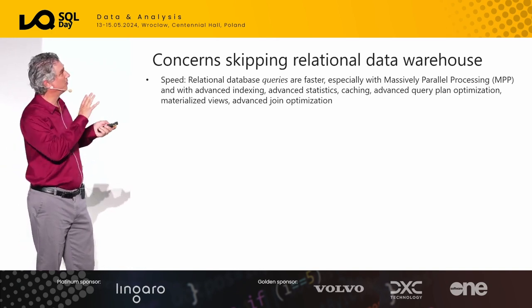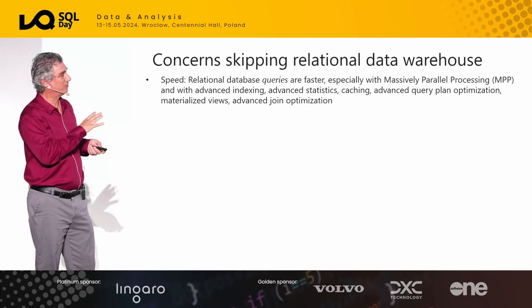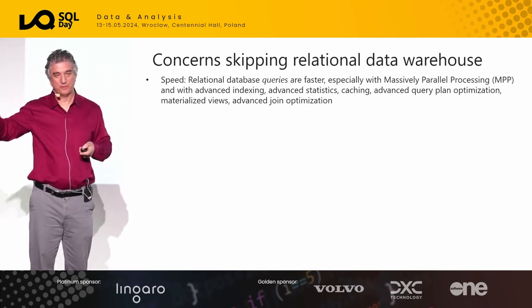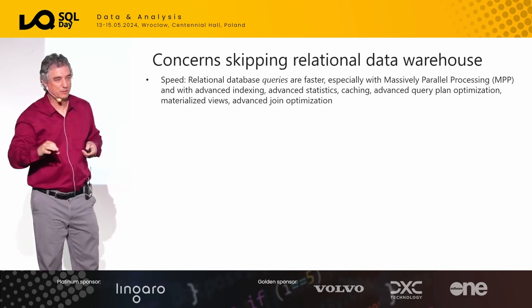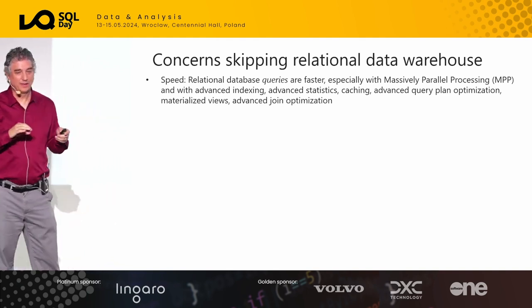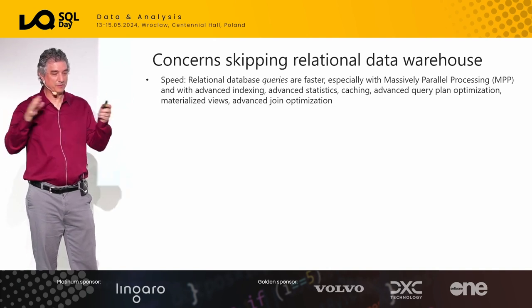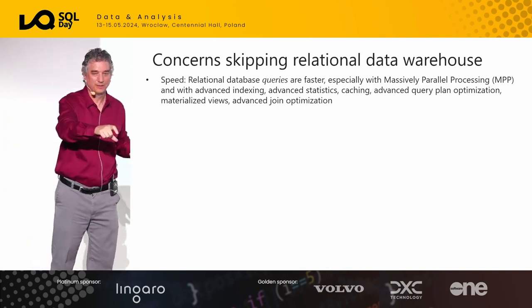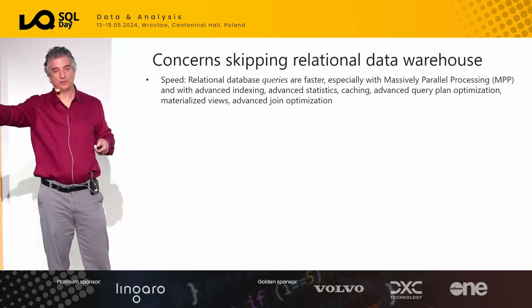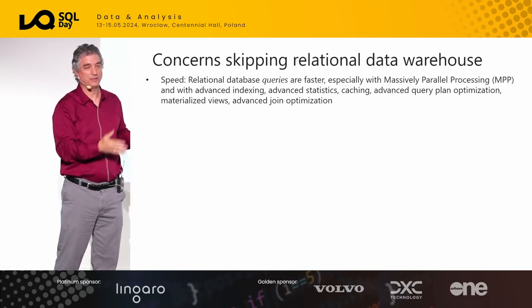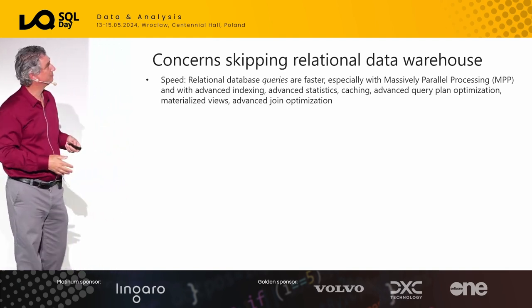And the whole idea is you go through these, and there are workarounds for them. You want to make sure that you know what the trade-offs are before you dive into it, and that you're okay with it. But at the very least, it's not all or nothing, meaning if I have all this data and everything is fine except for this one particular data set, that data set can be copied to a relational data warehouse to solve the speed problem, where everything else can stay in a data lake or Delta Lake.